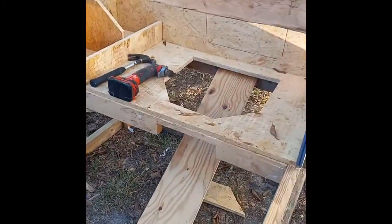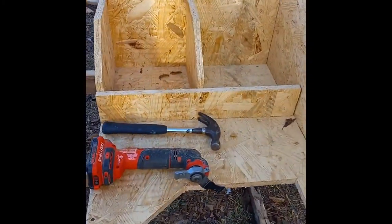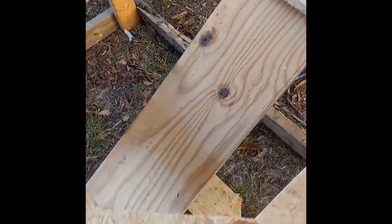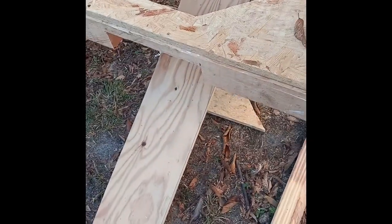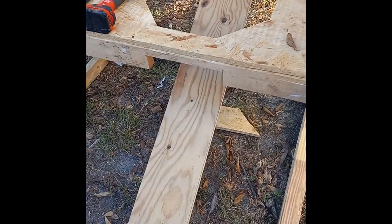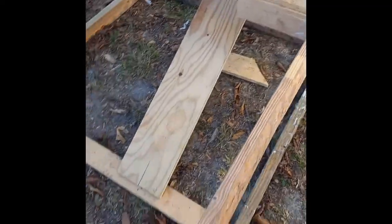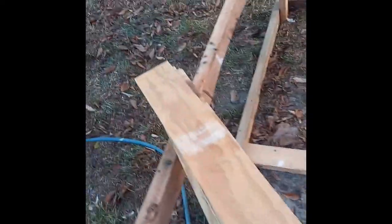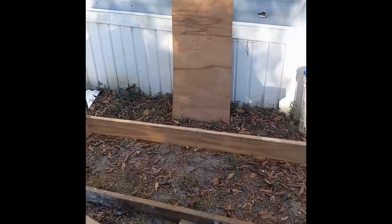All right, so we got the interior of the box fixed, 2 nesting boxes in place, bottom hole entry with the ramp. We will put the little grip slats on so they can walk up it easier, because it's kind of slick right now. It's just 1/4 inch plywood. And so for the front, got that piece of